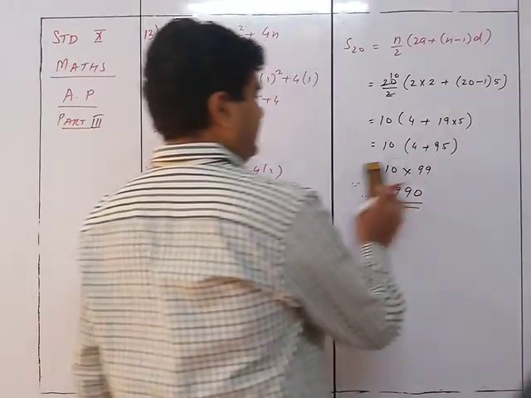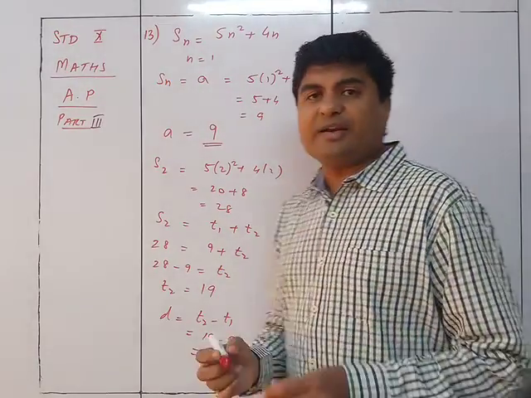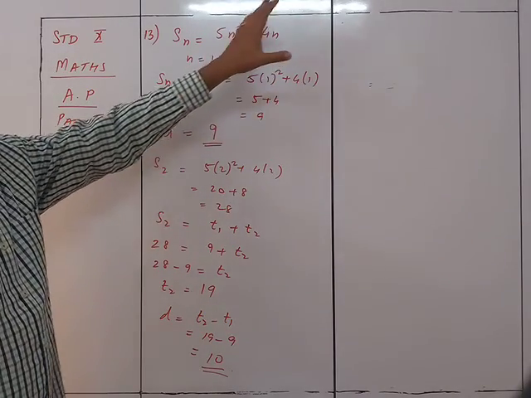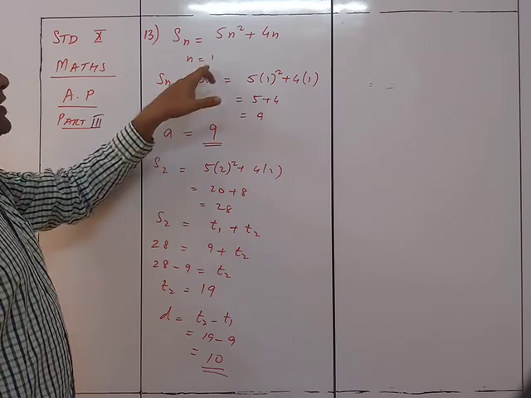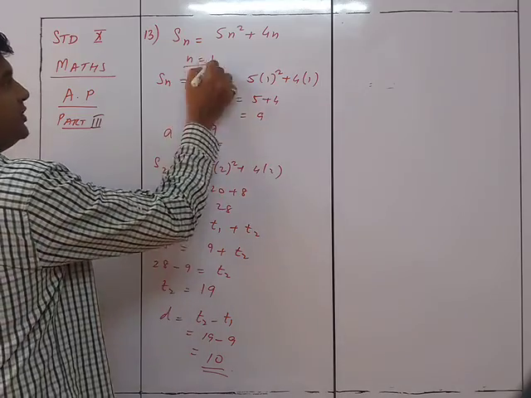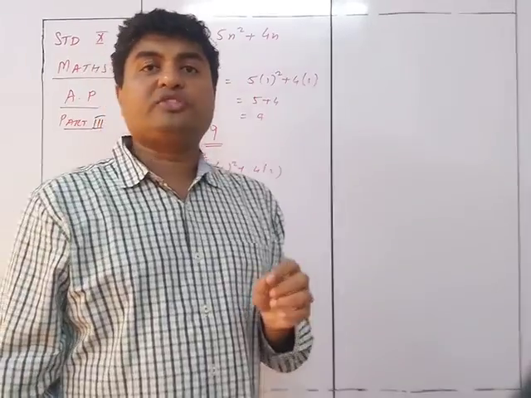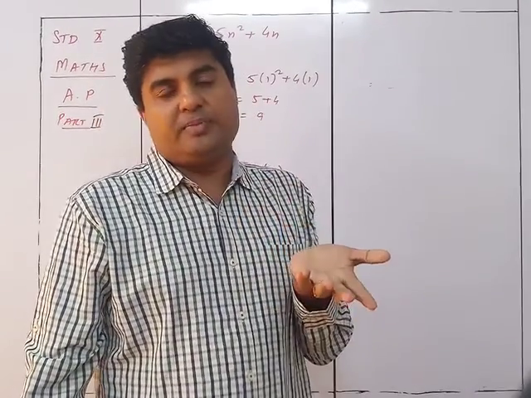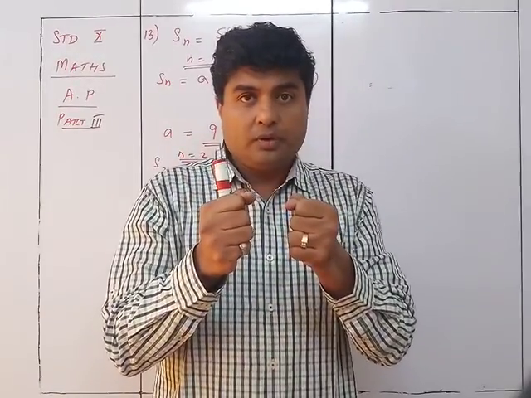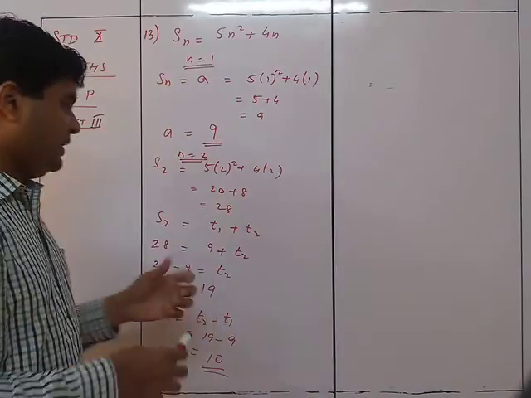Samjha? See, here they have given me the sum in the form of a formula. They have given me that if I have to find for 10 terms, then put 10 and I will get the answer. If I put 5, I will get the answer for 5 terms. So in the same way I put the value of n as 1 and the next time I took n is equals to 2. If I take n is equal to 1, what does it mean? I am finding the sum of one term, that is the first term itself. When I did 2, that means the sum of the first term and the second term. So I got a plus b. My a is already known, so automatically I can find out b. So that is what we are doing.